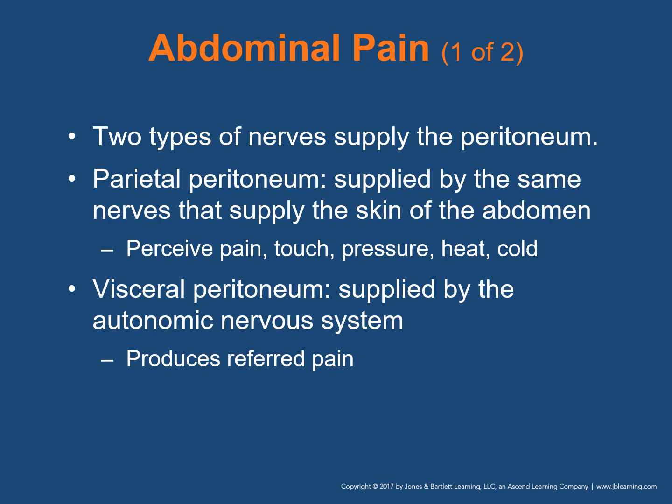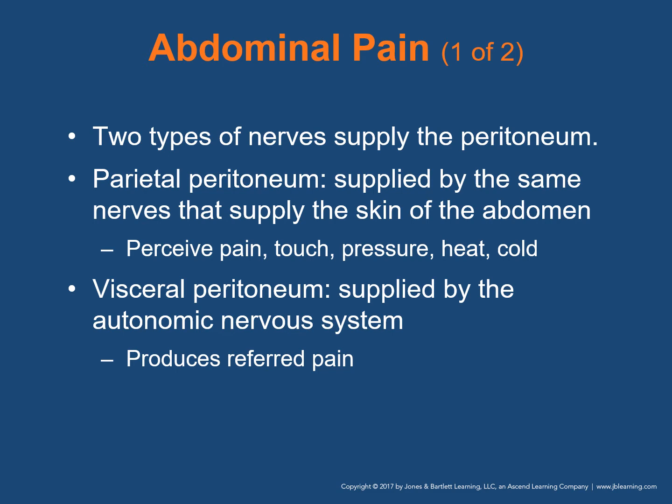We have two types of nerves that supply the peritoneum. And with the two types of peritoneum, remember the parietal is on the abdominal wall, and the visceral is over the organs. We're going to have to consider the types of pain response that we're going to experience as a result of these nerves. So when the parietal peritoneum